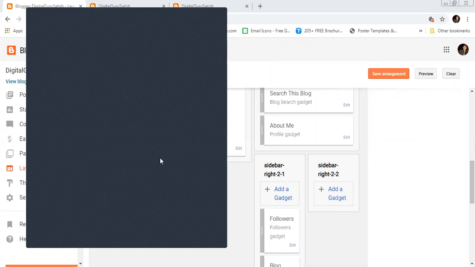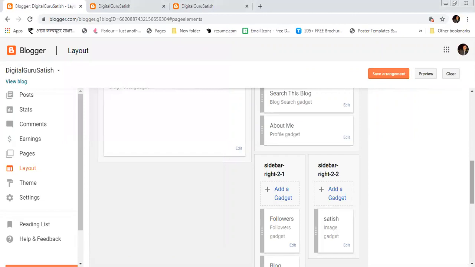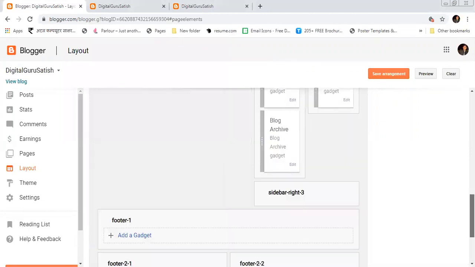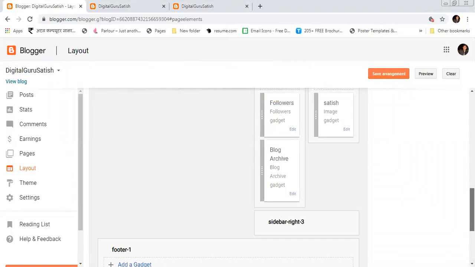So, sir, in the sidebar, we are putting a link to our social media platform. Yes, no problem. You can keep your photo here. You can give your name as Satish Divar. You can keep a caption here, and also you can put your social media link like Facebook or Instagram. When someone clicks on your pic, they will be redirected to your social media account. I'm only showing you what you can do with all this. You can make it with a good layout and good design. Saving the arrangement, and after that we are going to view the blog.